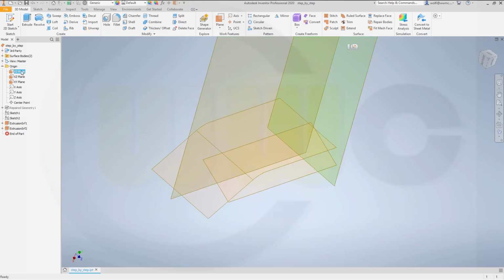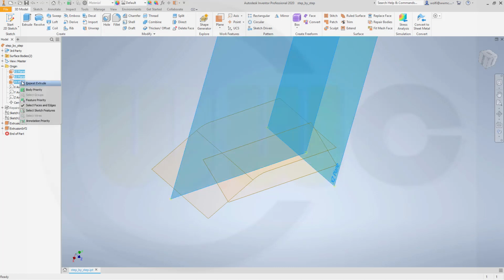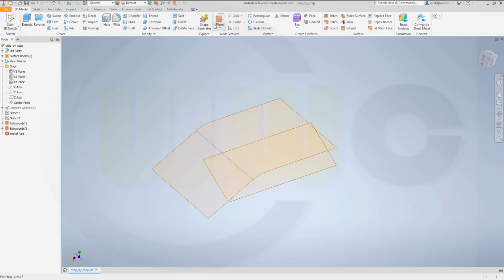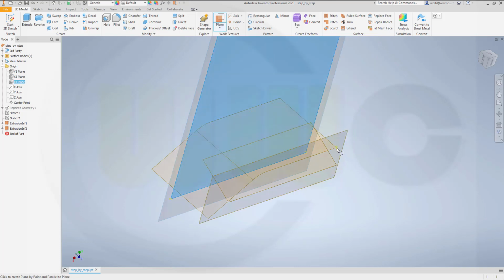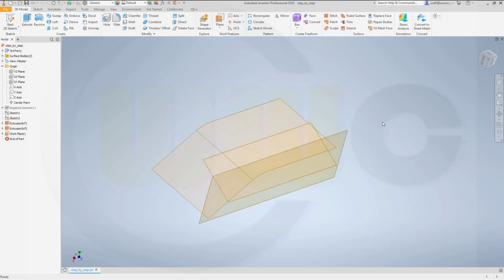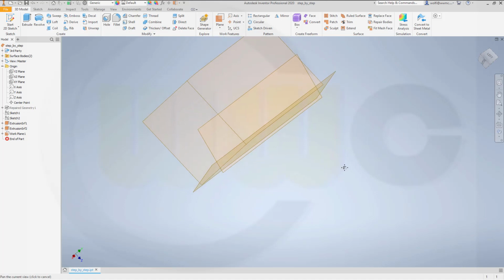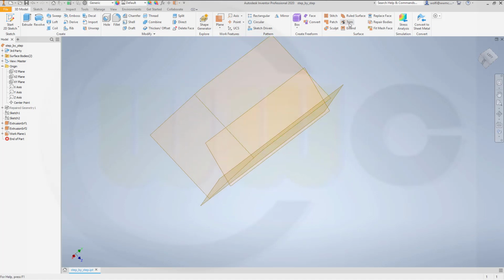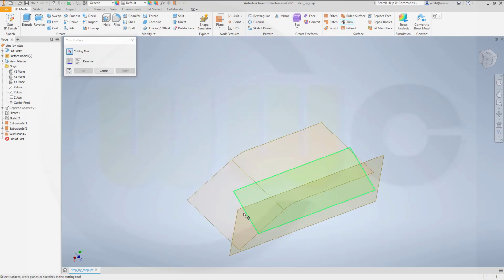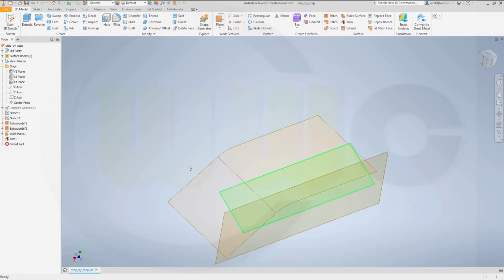Okay, hide them. Make it parallel to the XY plane and use that point as reference. Now I can trim. So trim, this would be the tool, the plane is the tool, and I want to remove that stripe here. And okay. Then I could hide that plane